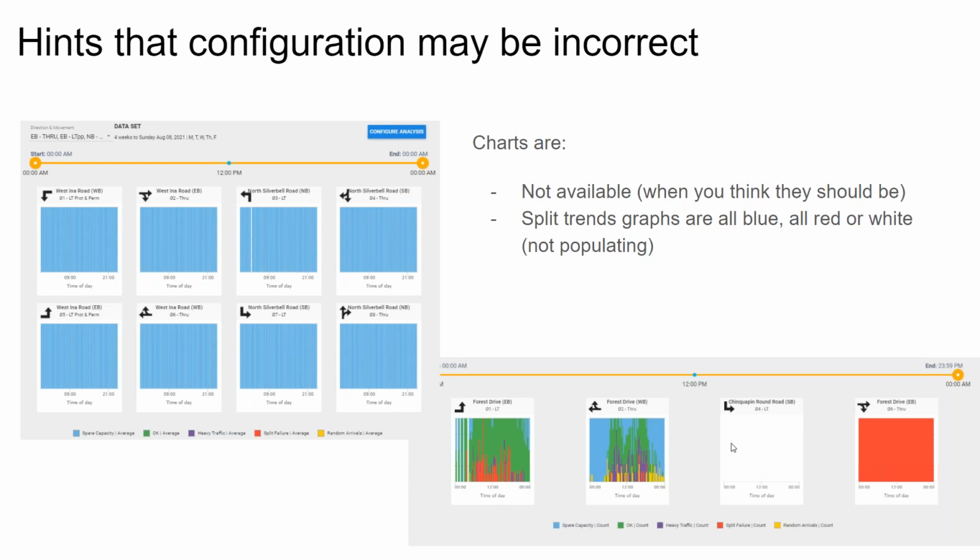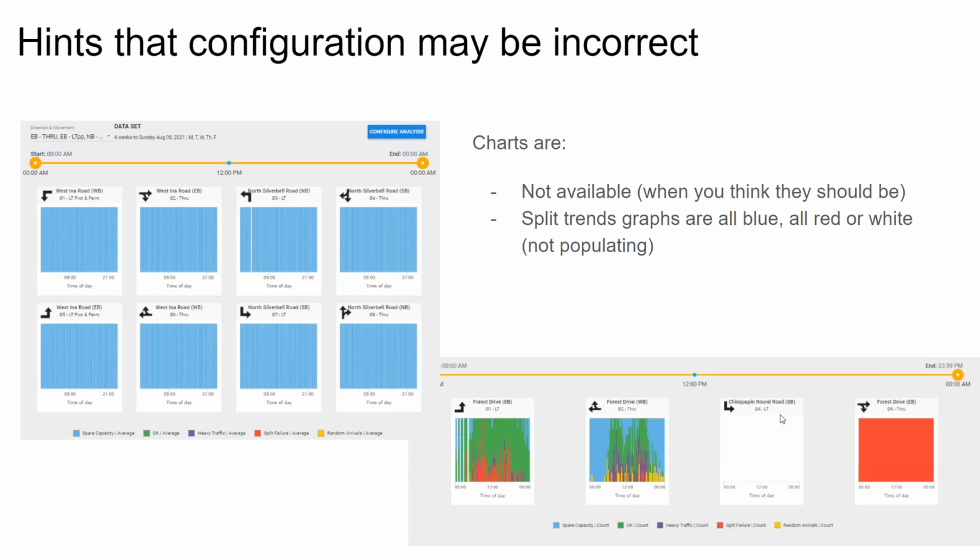When you see all blue, or maybe a blank chart or a red chart, these are generally just configuration problems and they can easily be resolved. The great news about all of this is that you don't actually lose the data either. As long as we are connected to it, the data can always be regenerated. We can just fix the configuration and then regenerate the data all the way back to when it was originally plugged in. So you haven't lost anything from our database, and then you'll get back to where you started. If you see anything like this, don't worry. We often can get it back and we can just fix the configuration and get you back on track.